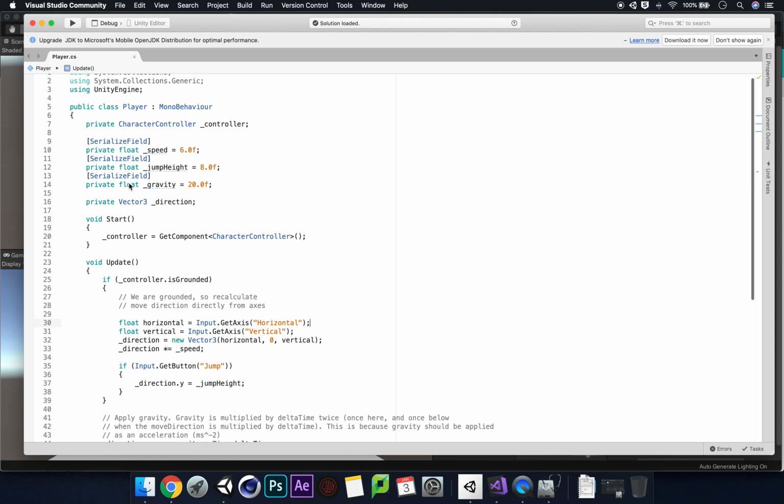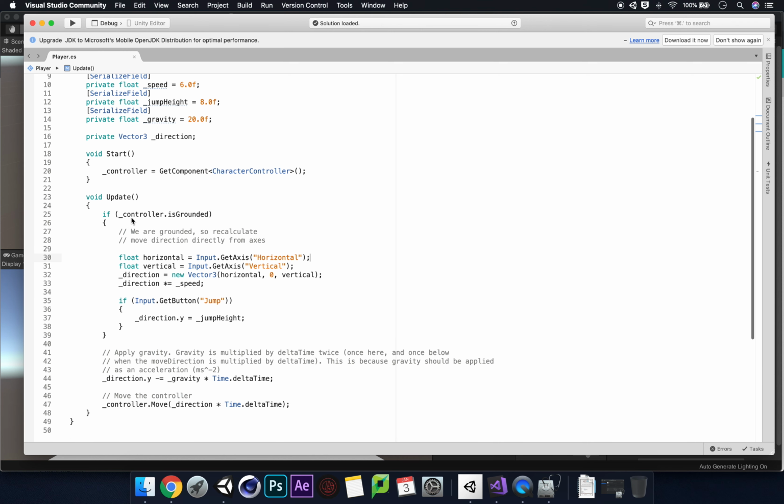So if we break this down, we have our speed, we have our jump height, and we have our gravity. Our direction, which is going to control all of our movement, is controlled by vector 3, and then that is implemented into our controller, which is get component character controller. So everything, all the movement and direction, is essentially a variable for our character controller. Then if our controller is grounded, so if we're on the floor, colliding with something,